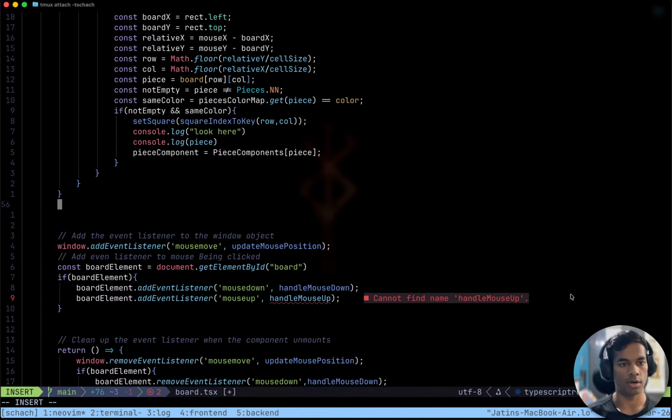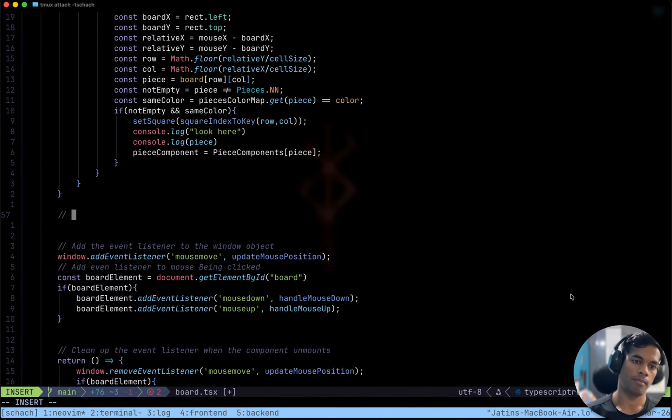Mouse up is not defined, that is fine. Handle what happens when the mouse click is unclicked.